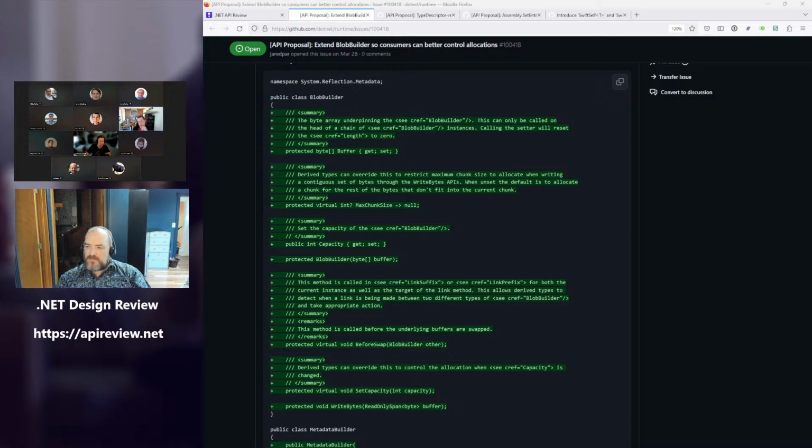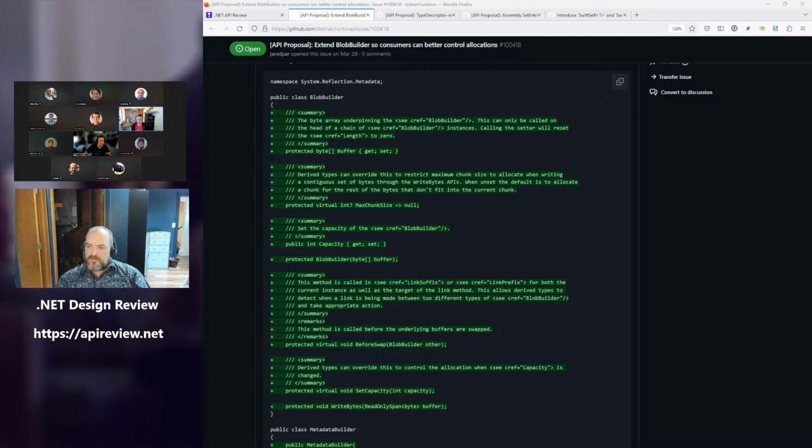Yeah, there's all the cases. So all the cases today where the capacity was used, it was a very deliberate decision that it could not be a chunked array. And the reason for that is some of the lower level writing APIs on the builders,